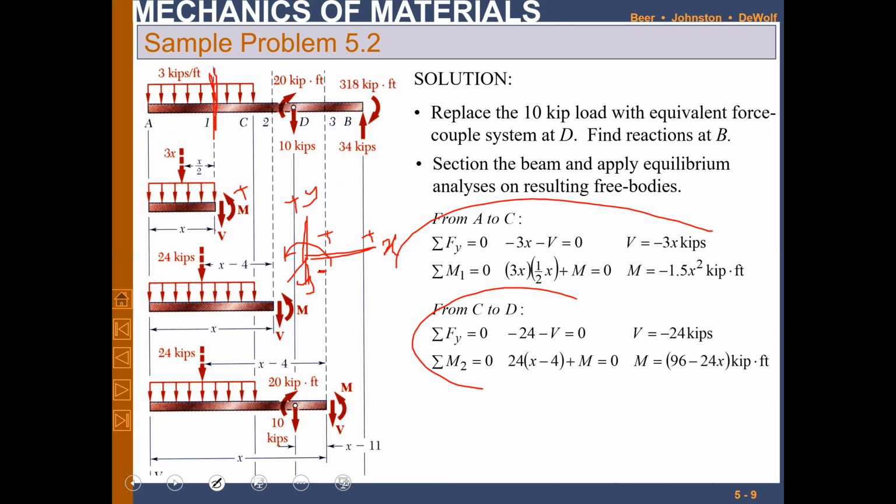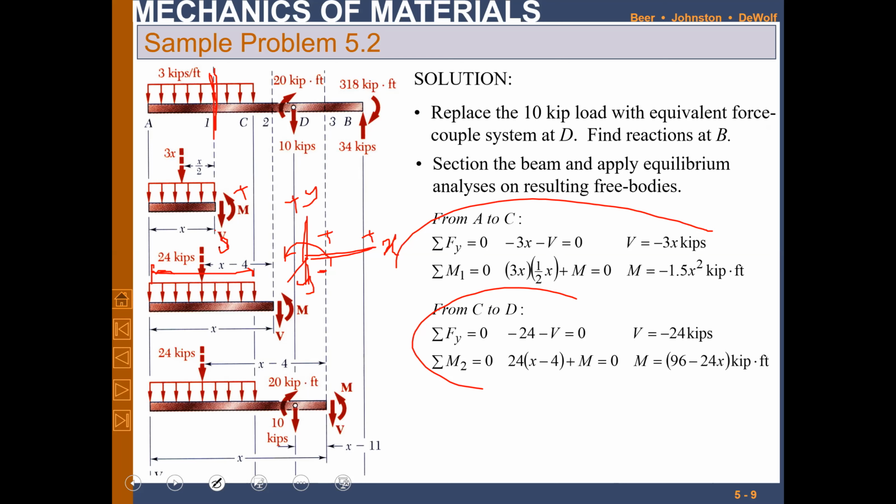So likewise, minus 24 minus V. Now, why is this 24? Because I earlier mentioned in the slide that 3 into the maximum span length, which is 8, so it will be 24, and it is always applied at the center of that. So it will be applied at a distance of 4, because the total span length for this is 8. So it will be applied exactly at the center of that uniformly distributed load. So 24 minus V equals 0. So V will be minus 24 kips, right?